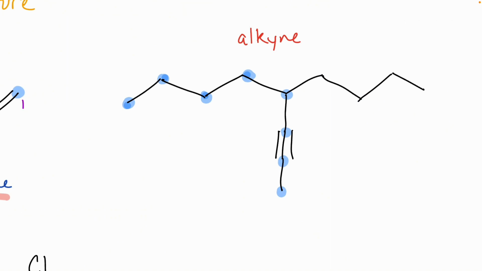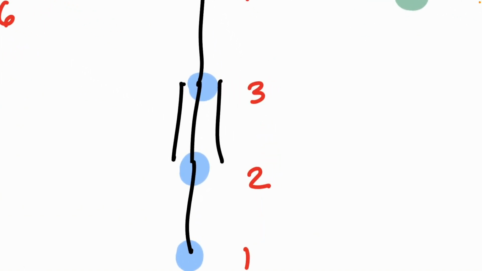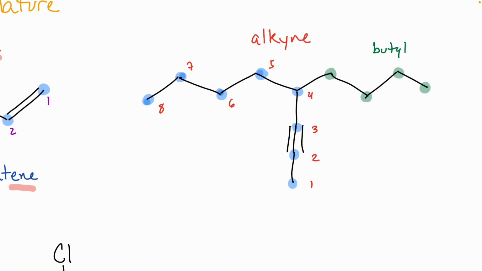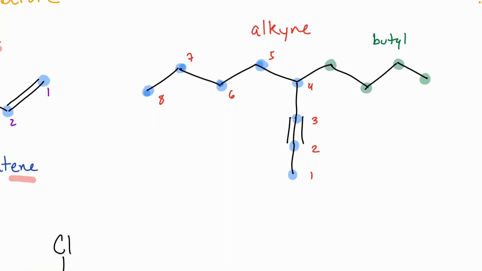In this case, then, I'm going to identify my substituent as these 1, 2, 3, 4 carbons. Like we said, 4 carbons is bute, so this would be a butyl group. We're going to number our parent chain. Oh, whoops, skipped a carbon. 3, 4, 5, 6, 7, 8. And remember, with triple bonds, I said one of the easiest mistakes to make is to forget what I just tried to do, right? To forget to count the carbons on either side of those triple bonds. There's got to be a carbon on either side there. We draw it in that straight line, so it's easy to miss, but nonetheless, there would be 8 carbons in this parent chain. So then this would be 4 butyl,